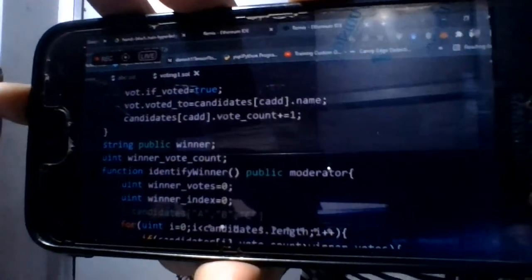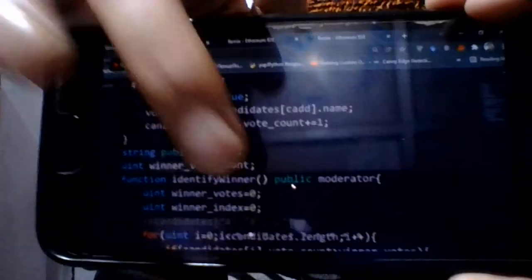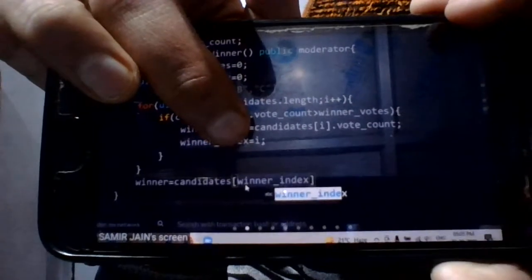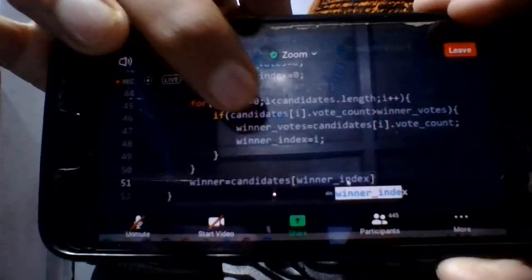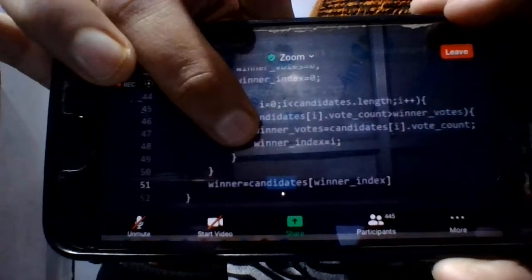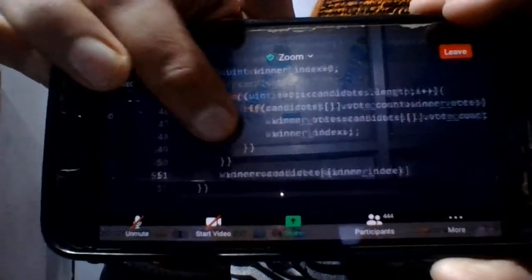Winner equal to candidates index. So index is winner index. Candidates is an array, and in that array we can access those values using index. So winner index dot name.